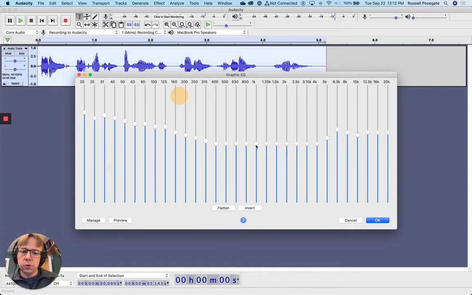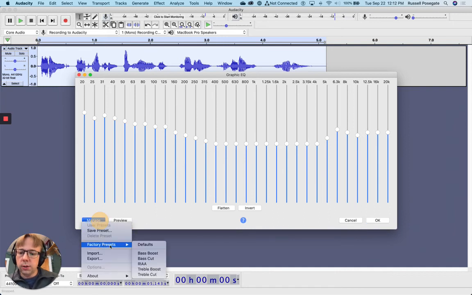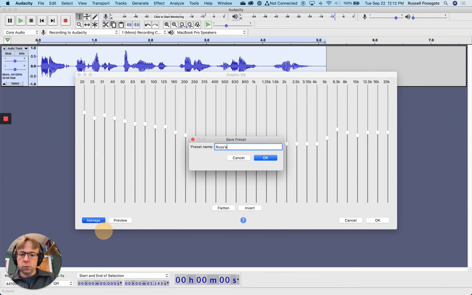So let's go to this graphic EQ. This is like a general EQ setting, actually this probably is what I did last time. You can see I boosted the bass a little bit, and I boosted the treble a tiny little bit. So I'm actually going to use this. When you turn it on, you can go in here and select bass boost, treble boost. I would do each of those. I'm going to save this as Russ's vocal